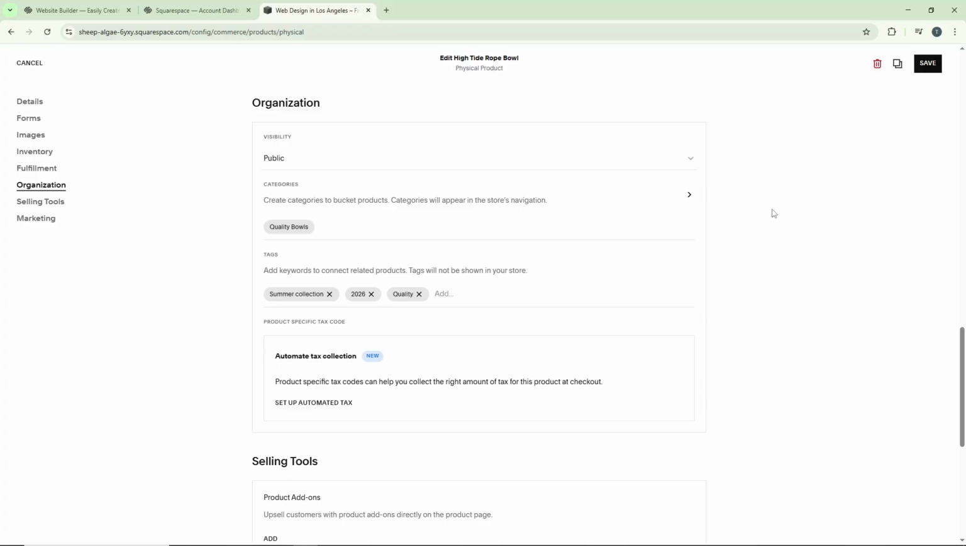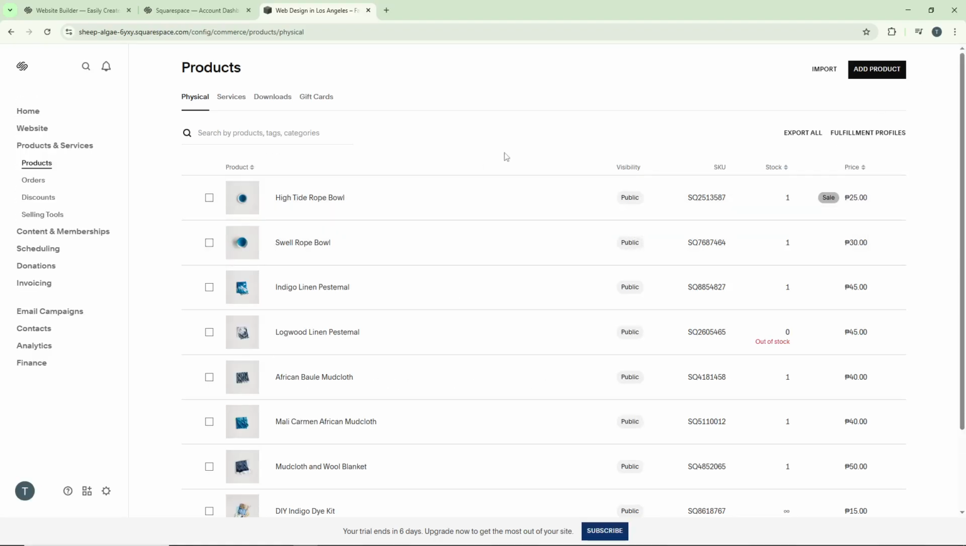Once you've finished adding all your product tags, look for the Save button and click it. This ensures all your changes are stored and will be reflected on your live site. Give it a moment to save properly before moving on to tagging other products. And that's it. You've successfully added product tags to your Squarespace store, making your inventory more organized and your customers'